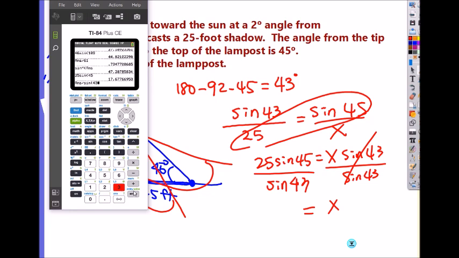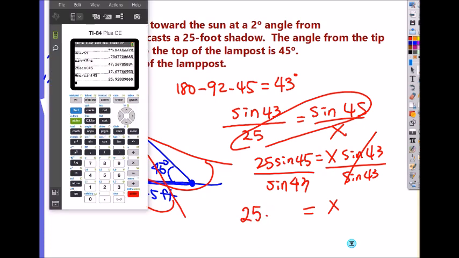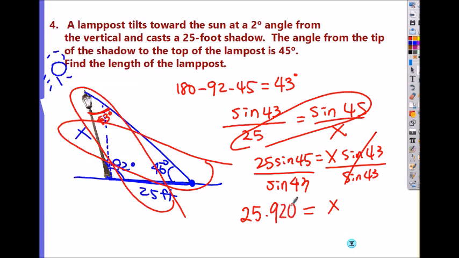Don't try to do all three steps at once, okay? Press enter. Doesn't cost you to press more enters. 25.920. 25.920 what? Feet. That's a pretty tall lamppost, right? 25.920. That's about like